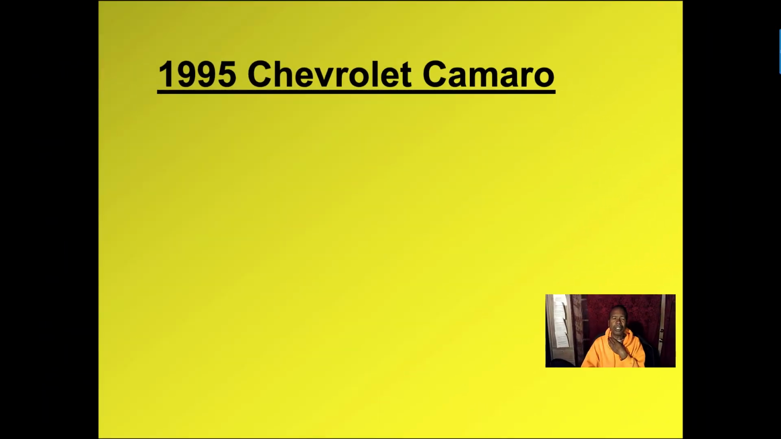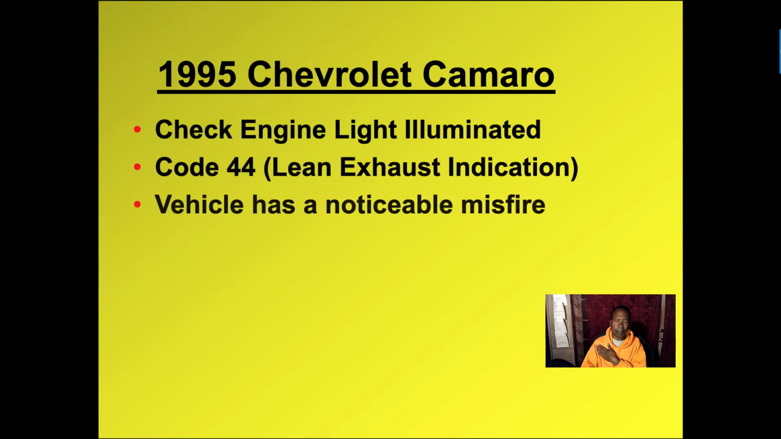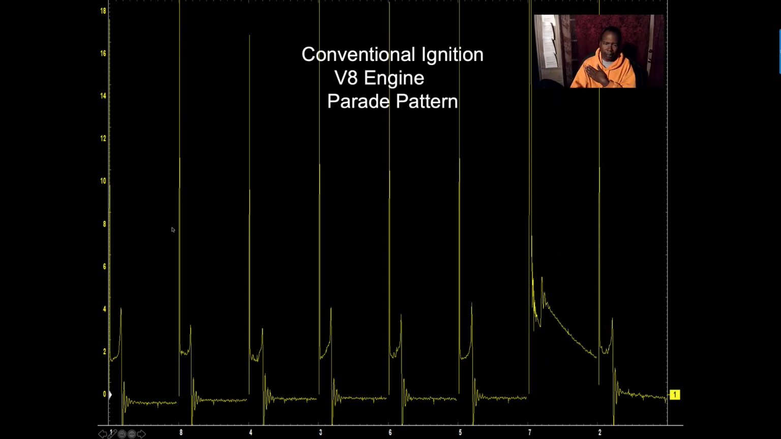Now this is going to show you a 1995 Chevy Camaro. The check engine light is on, lean condition, a misfire. And you can see it here. Look at this line right here. And a lot of times, this and